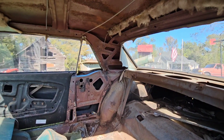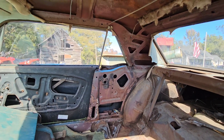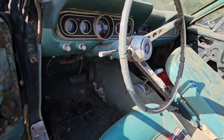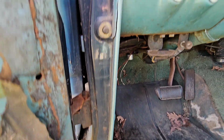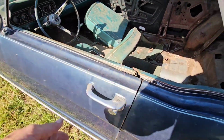I mean, the passenger side is wing-wanged really bad. You can see all the welding spots and whatnot where it just got hit really hard, like T-boned or something. But the rest of the car is pretty good. All in the door jambs, they're a lot more solid than most would be. And